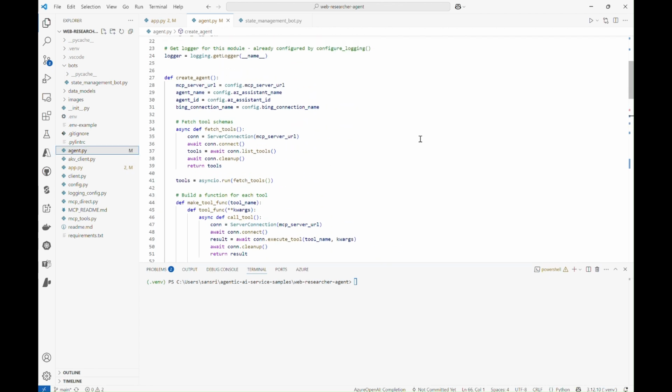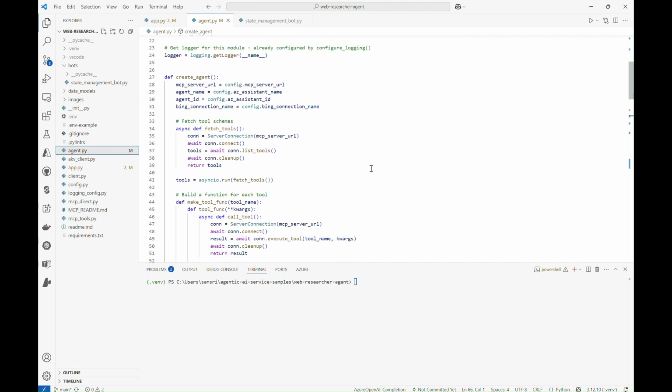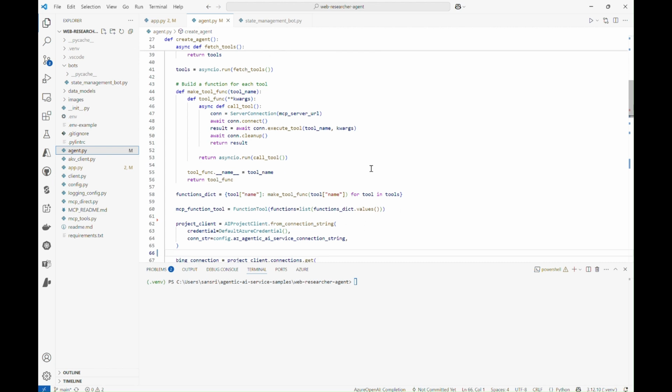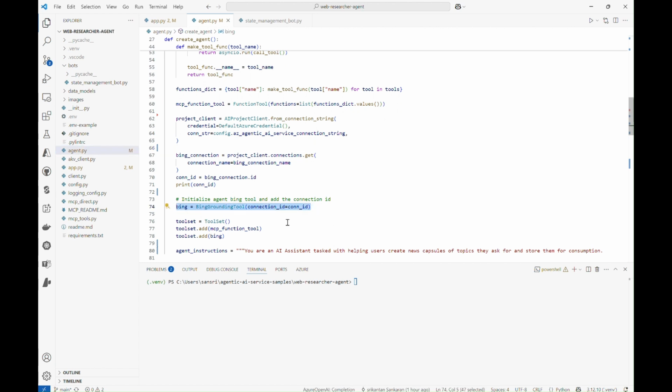This particular Python file is the one that needs to be run when we want to create a new agent in AI agent service. It needs to have two different actions. One is the Bing tool itself to perform the search operations, which is this, and then it also needs to connect to the MCP server and discover all the tools that it exposes,